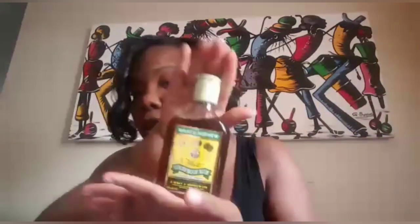As it relates to what I use to treat my hair, a whole variety of stuff, because we're talking about homemade stuff. I'll use an egg. Sometimes I use the entire egg, sometimes I just use the yolk. I may use it with castor oil. This is actually natural castor oil, don't mind the bottle. So I'll use those two most times, or sometimes I'll use aloe and castor oil, or aloe and coconut oil, or olive oil. Whatever oil you are presently using, you can use those. So I'll mix both and make a paste. Try not to use too much of the oils, because you know they're kind of thick and